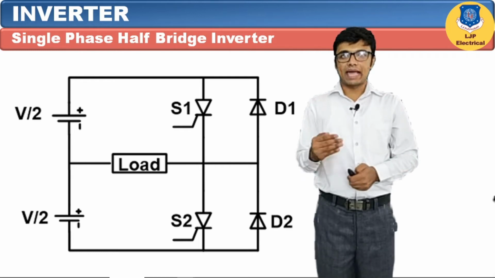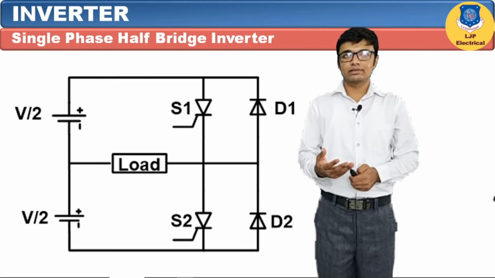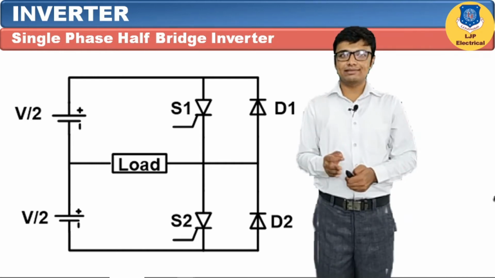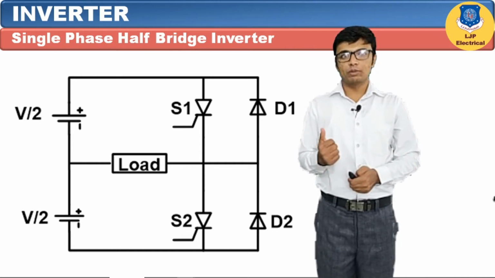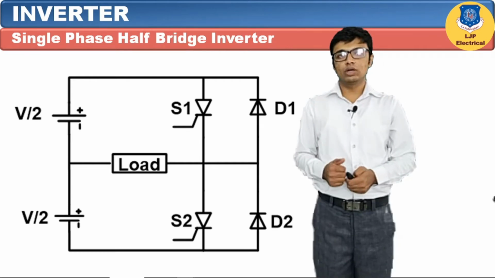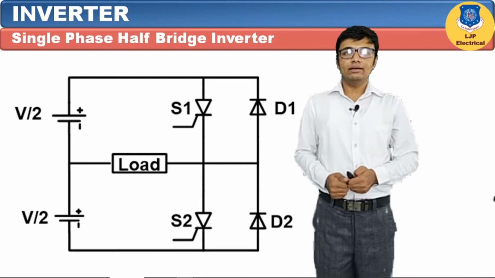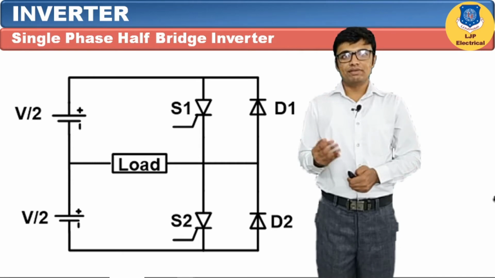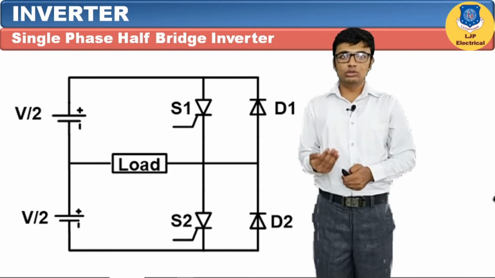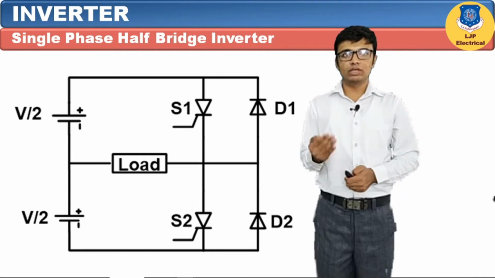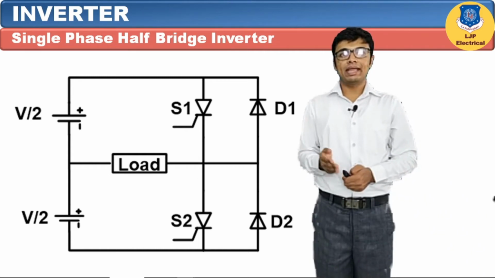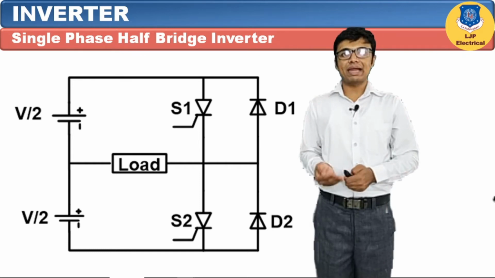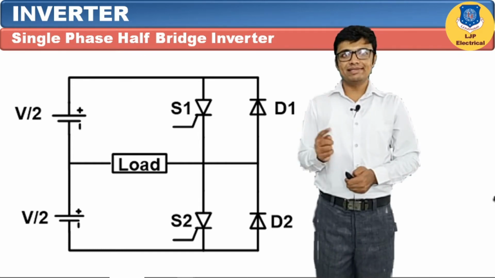In the AC supply, the direction of current will change at each half cycle. Now if we trigger thyristor S1, then the current will flow from the positive through S1 to the load and come back to the negative, and we will get one square pulse in the output. At the same time this load has an inductor which is going to store the energy inside, and now if we turn off the thyristor S1, then this load is going to dissipate the energy through the diode D2, and the current will flow from the load to the positive of the bottom supply, negative, diode D2, and come back to the load. Hence the direction of current will remain the same in the load.